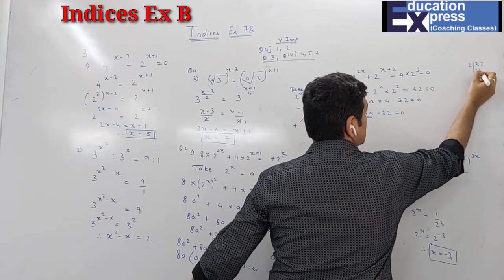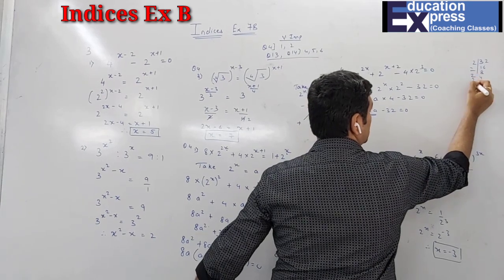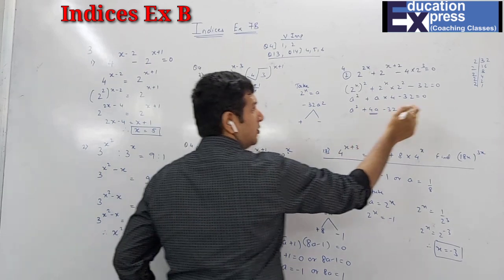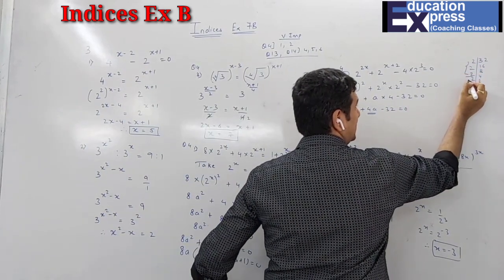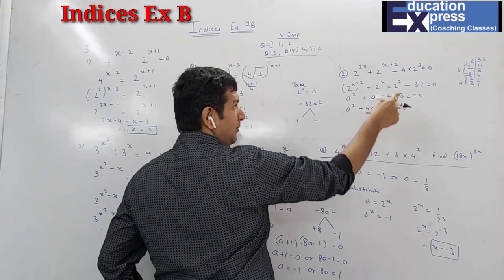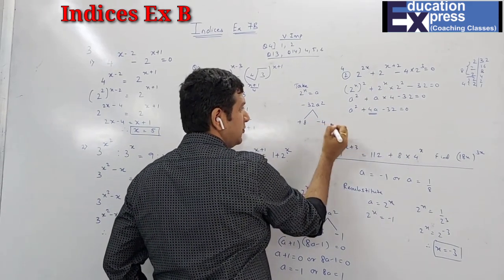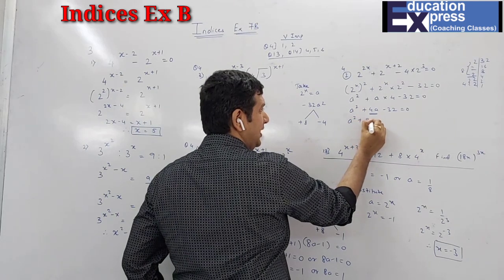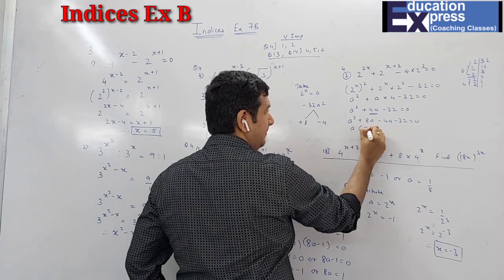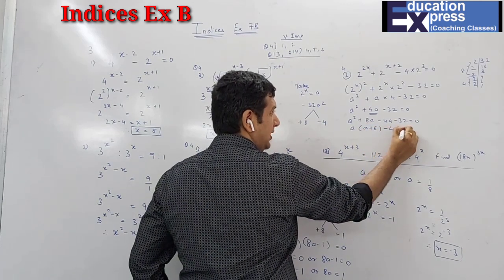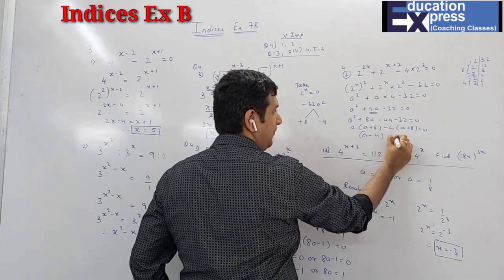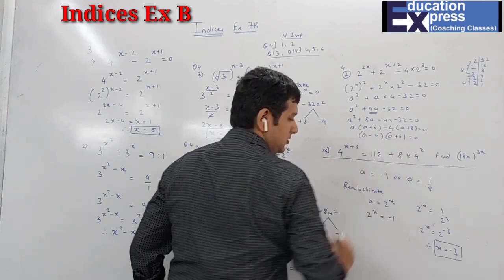So 2, 16, 2, 8, 2, 4, 2, 2, 2, 1. I have to get what students? 4. So obviously you can see 2 2s are 4, 4 2s are 8 and 2 2s are 4. So 8 minus 4 is nothing but 4 only. And the bigger number will get the middle term sign, plus 8 minus 4. So a square plus 8a minus 4a. A common, minus 4a plus 8 equals to 0. So a minus 4, a plus 8 equals to 0.